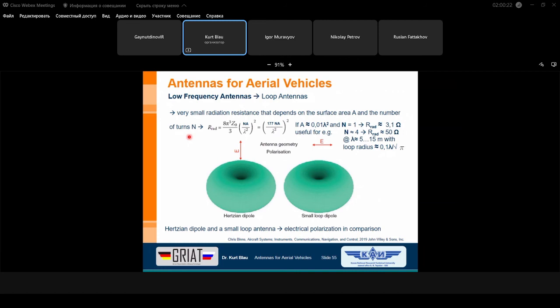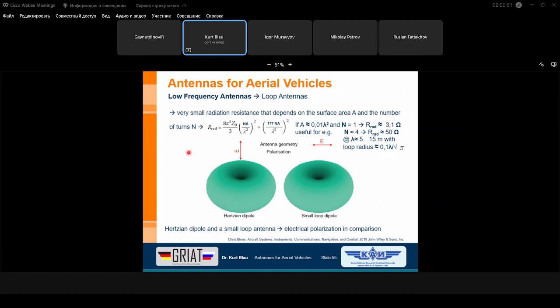From the gain point of view, I can say, okay, it's not a problem to apply a small wire for this frequency range of, let's say, 1 megahertz or 1.7 megahertz for this direction finding purposes. Yeah, again, if the dipole is much smaller than a half wavelength, then its radiation resistance drops down